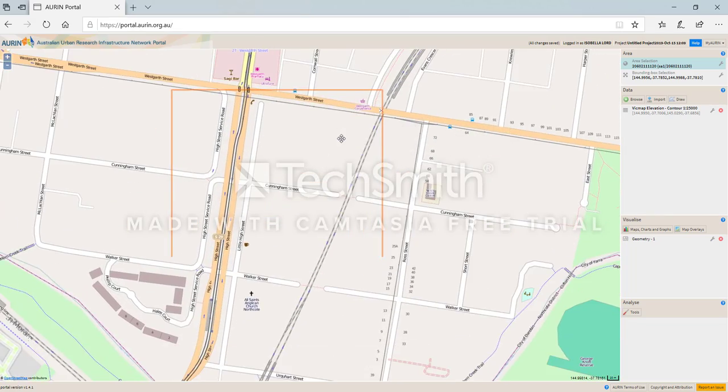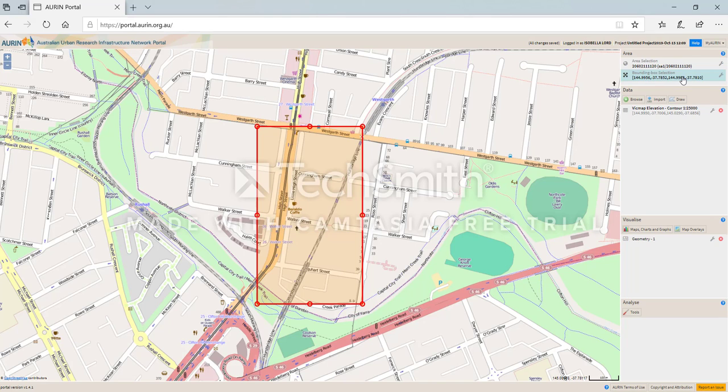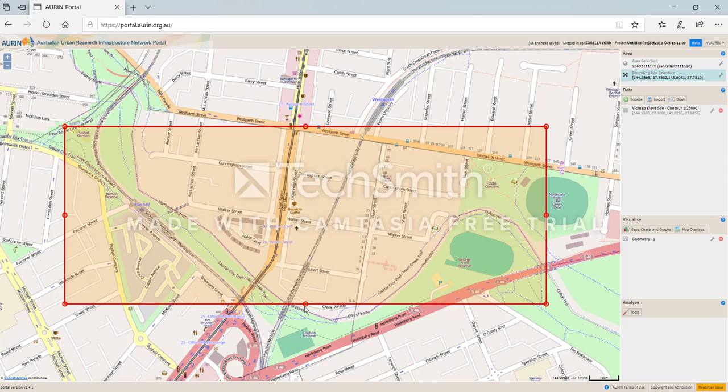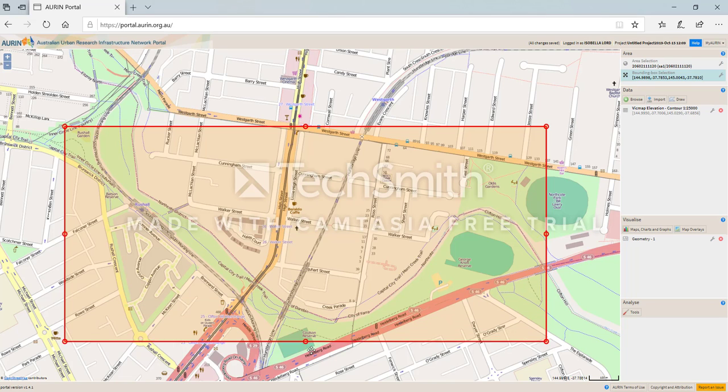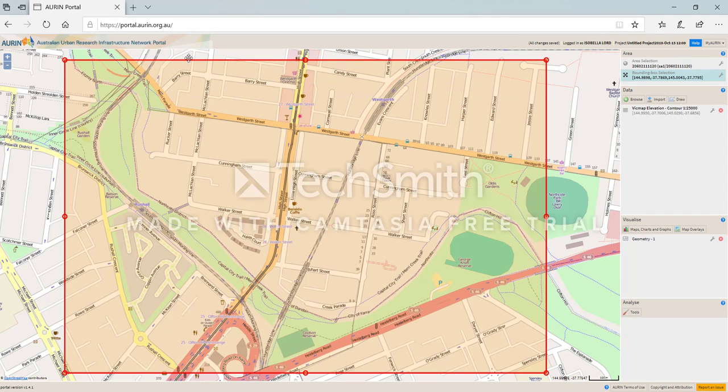Now I want to change the parameters of my bounding box. So I'm going to click on bounding box selection under area here. And then you should simply be able to drag out the edges to define your bounding box boundary. So this is the zone I'm going to collect the contours for my site model. All right, so once we're happy with that,